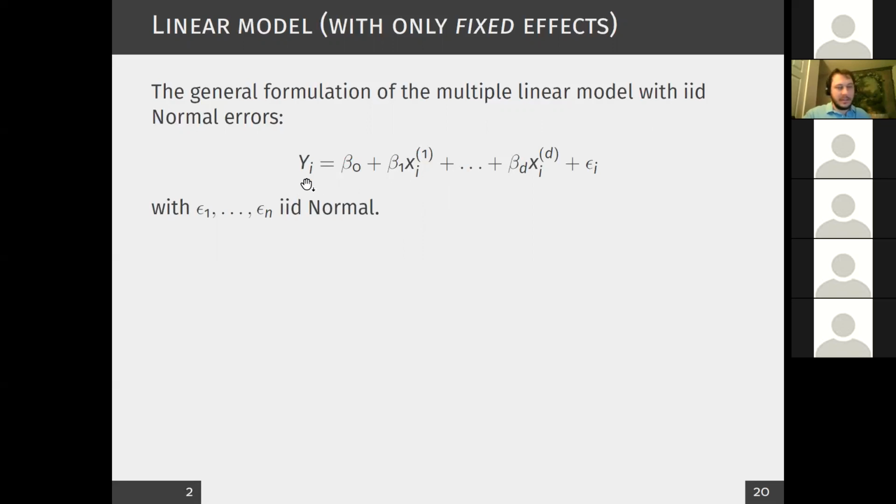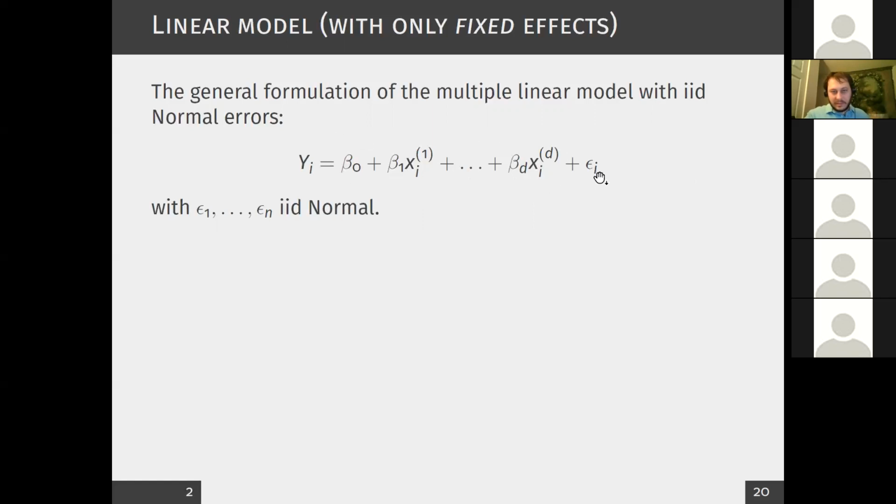You have the ith response value is equal to some intercept plus some linear combination of coefficients times explanatory variables. And you don't make any assumption about what those coefficient values are. You don't assume that they're randomly drawn from any sort of distribution. They just are what they are. And that's the